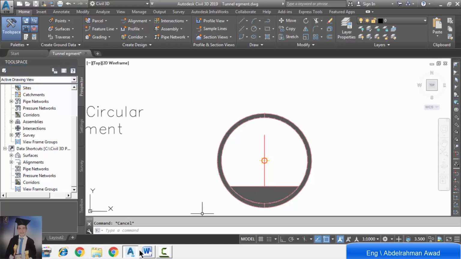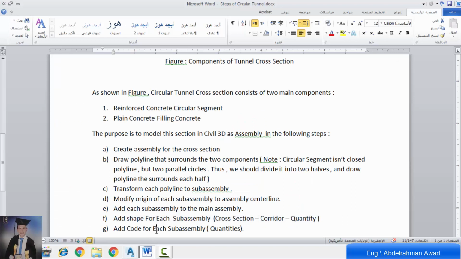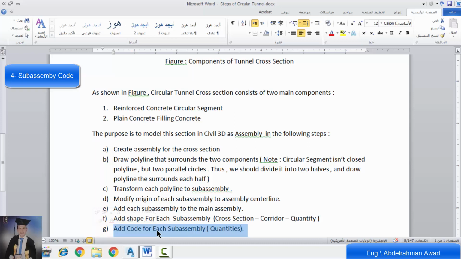Now the final step is to add a code for each sub-assembly. The last step is another important step, because it's very important to define these sub-assemblies in quantities. This is important in quantities because we define each sub-assembly in quantities by its code. So the code defines sub-assembly in quantities.